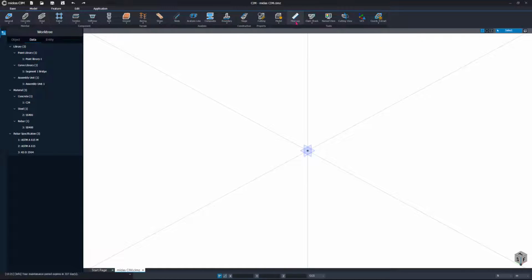Okay, and this one is also similar, the measurement, to measure the point which you want to check. And then this one is name view. This is also similar. If you have a particular angle that you want to add to your printing layout, you can click on the name view. And the cutting view is also similar.